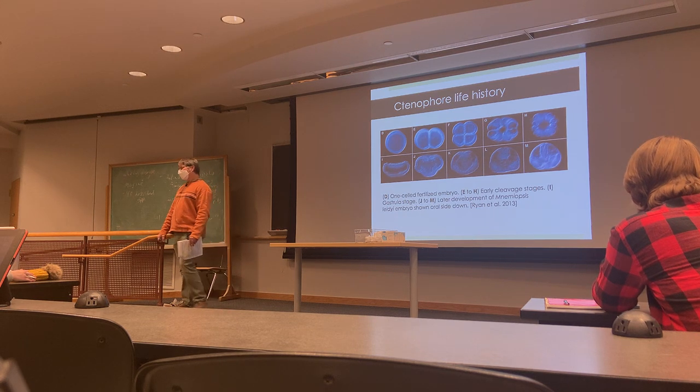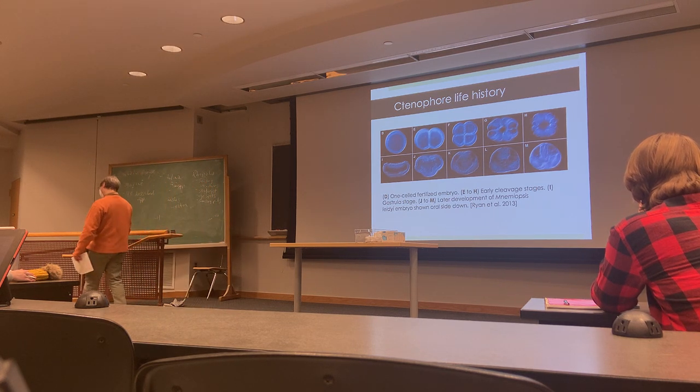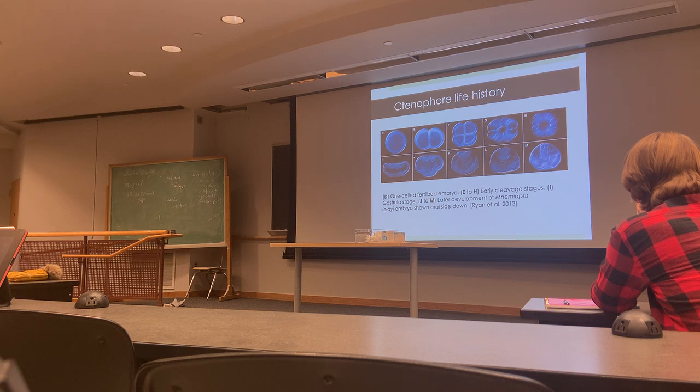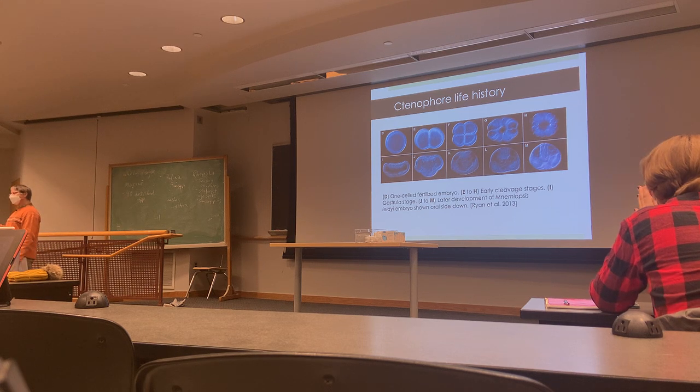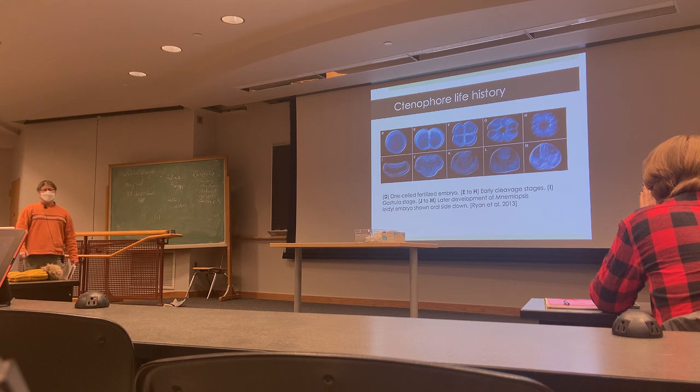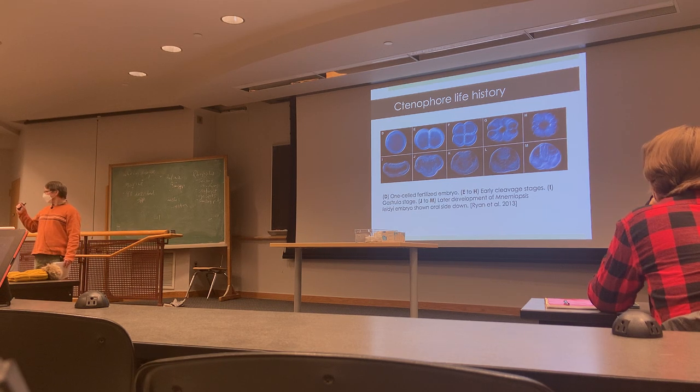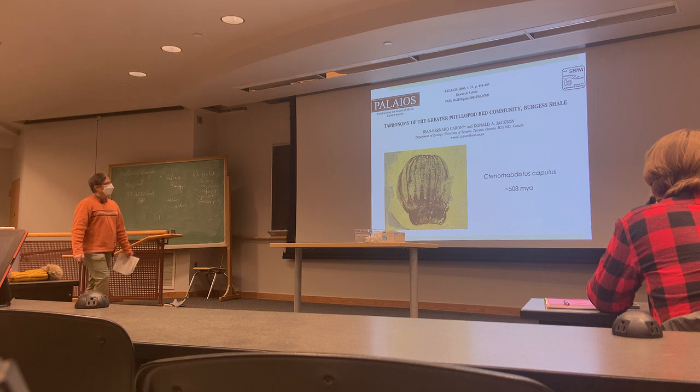Ctenophore life history is not all that interesting compared to cnidarians. They mostly undergo direct development. In terms of their cleavage patterns, it looks like deuterostomes in terms of radial cleavage. There's an 8-cell stage here. The cells are overtop each other. They develop into an embryonic stage that more or less resembles the adult stage. There are names for the larval types, but they're kind of like small versions of the adults.